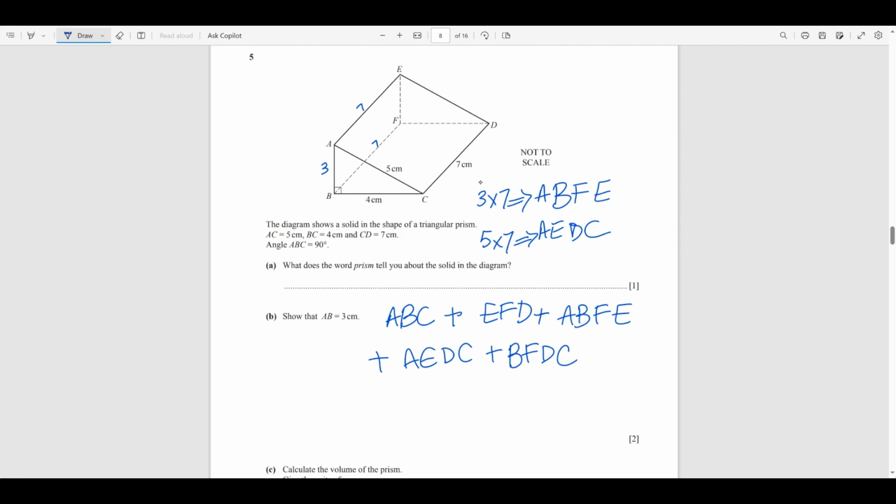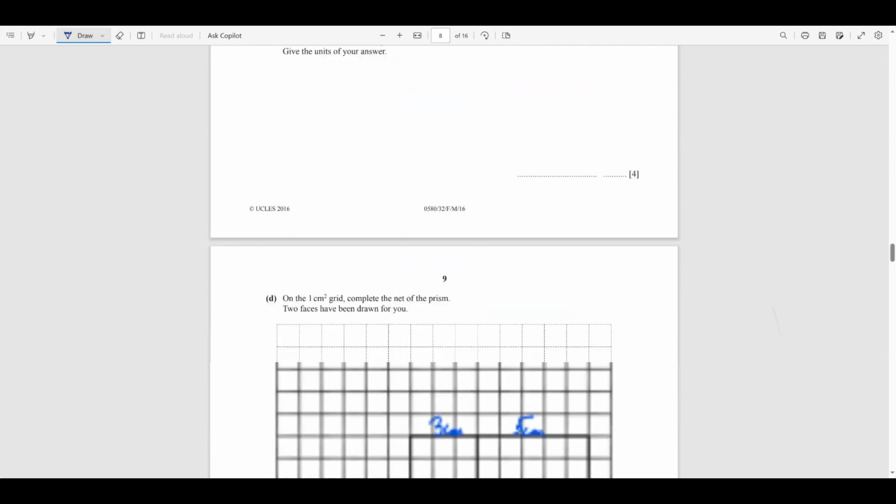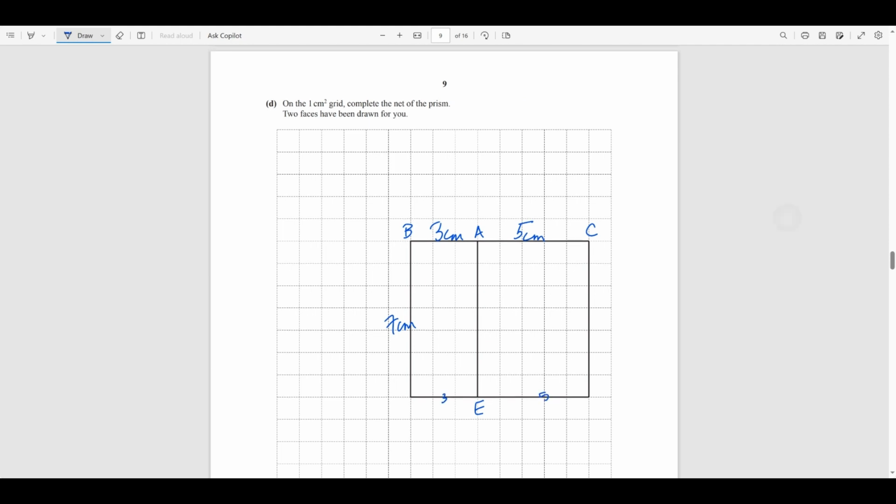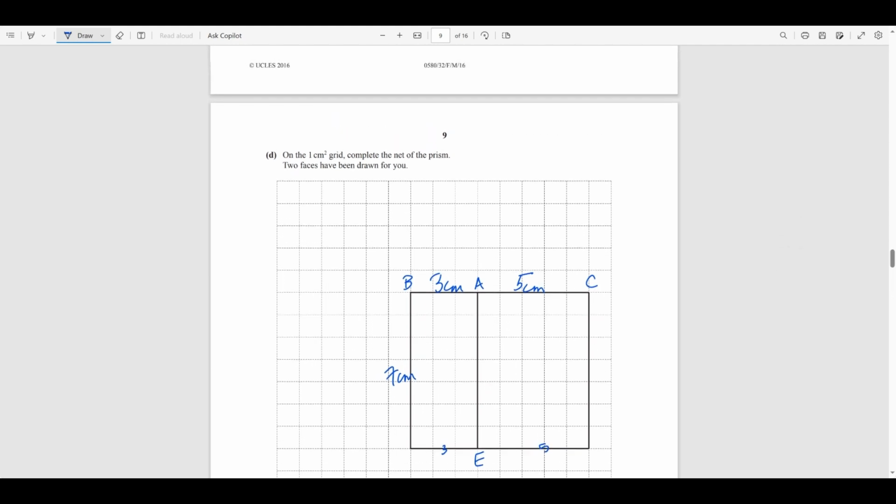This is 4, this also is 4, this is 3. I'm just trying to label everything so it's easier for you to see, right? Okay, and then we have, I think, E at the bottom. Yeah, so this is also 3 and then this is 5, so we need to see what E is,